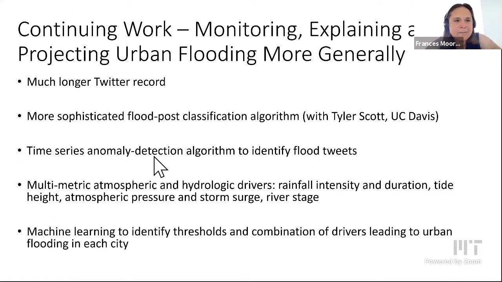I just want to talk a minute about where we're going with this, because we are slowly trying to do more on this work and do some things that are more sophisticated. Given what I just described about that Texas case study, we're interested in trying to generalize this method to explain and potentially project urban flooding more generally. This is really tricky because one reason is climate models are notoriously not great at simulating rainfall, and in particular extreme rainfall, which is one of the major consequences of climate change.